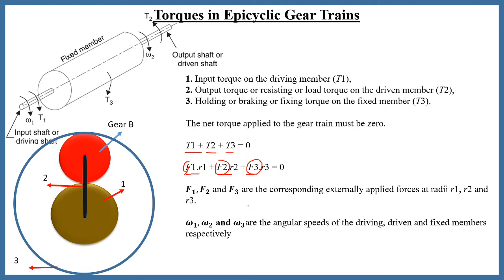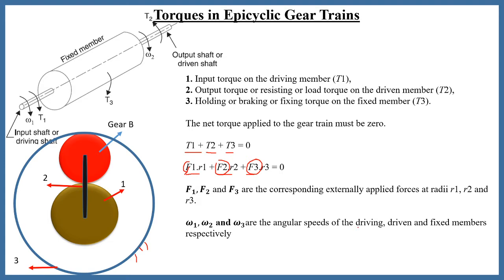Now in this case, why is it the fixed member? We are going to fix this gear number 3, and we give the input to this gear, which allows the arm to rotate, and because of that we still find the rotation of the gear B. Before fixing it, it has some motion. We have already studied the tabular method. In that tabular method, we did the kinematic analysis. In that, we can calculate the angular velocities of any gear in the gear train. That means omega 1, omega 2, omega 3, the angular velocities, we can find out from the tabular method.